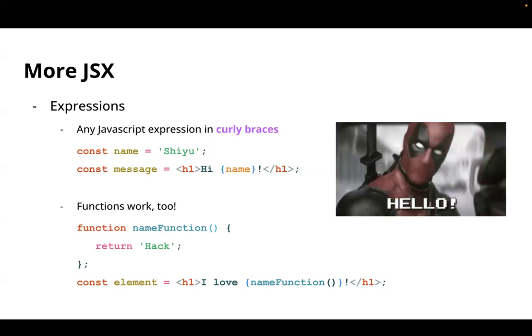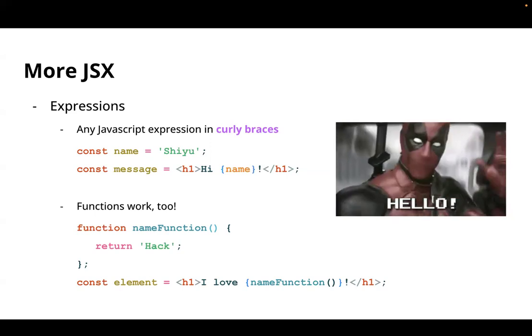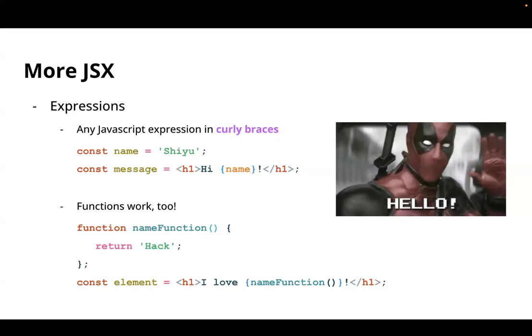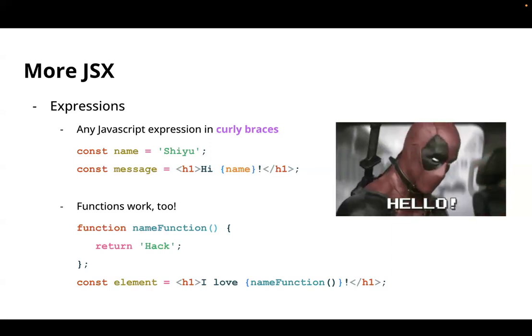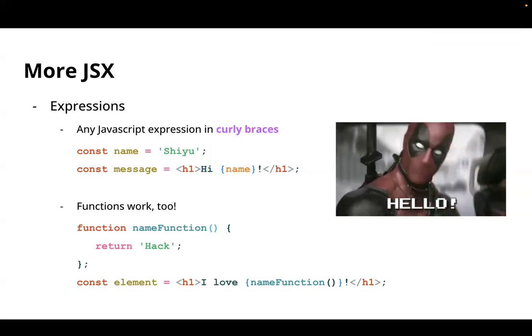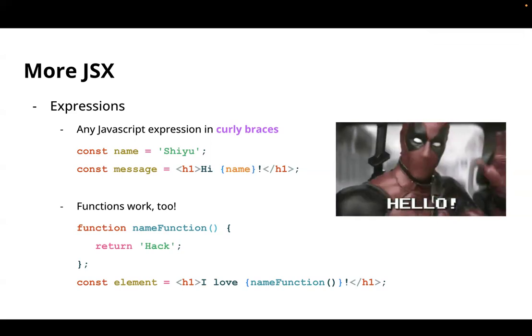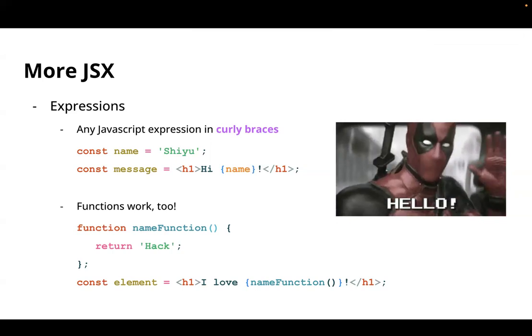So the final value that this message variable will have in the end is "hi Shiyu" instead of "hi {name}", if that makes sense. So if I'm printing this message out, it'll be "hi Shiyu". What's even more interesting is that this does not only work for strings or numbers like this, it also works